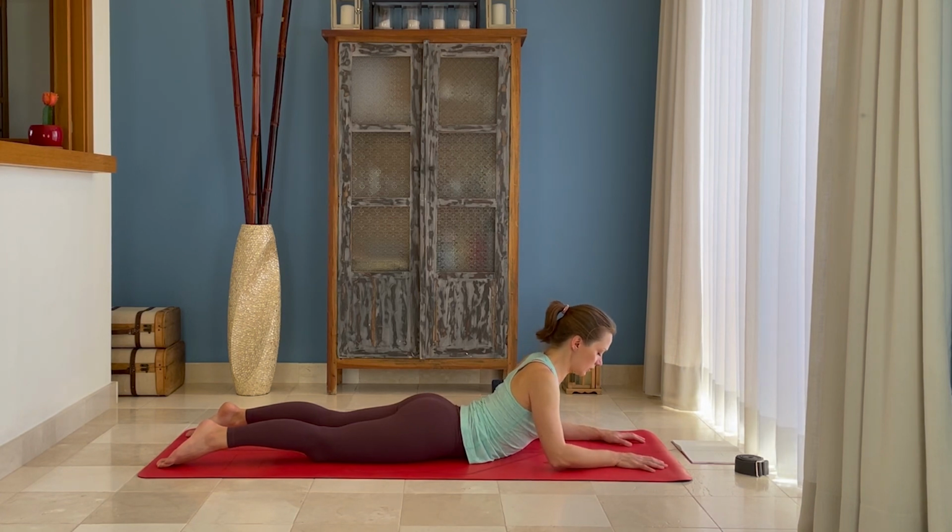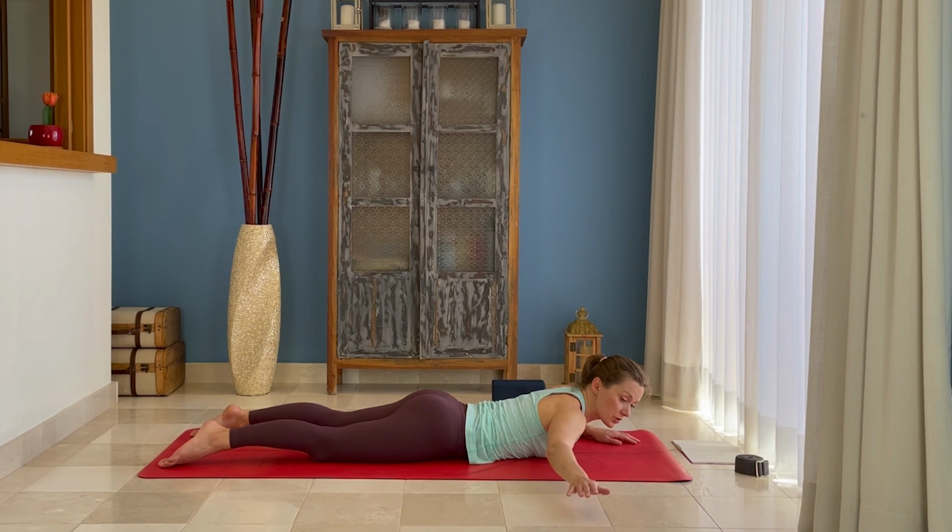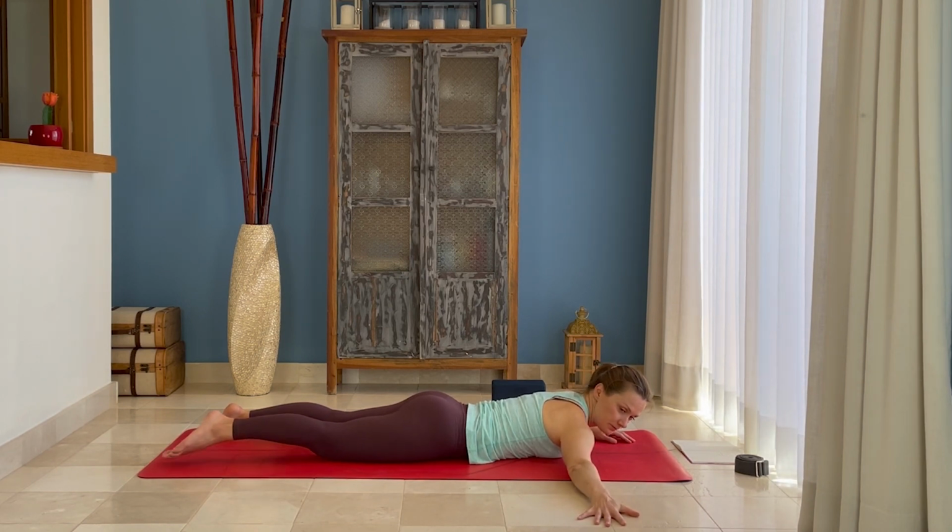And then slowly release your chest towards the floor. From there, we're going to do a shoulder stretch. So I want you to open your right arm towards your right. Your palm stays in line with the shoulder. Then, with the help of your left hand, which stays in line with your chest,